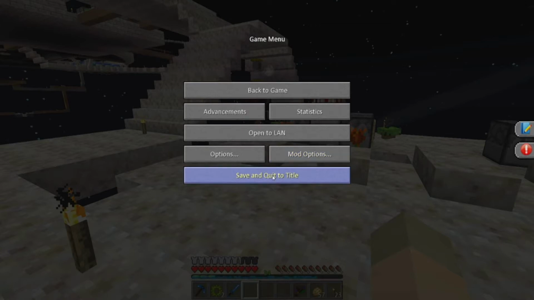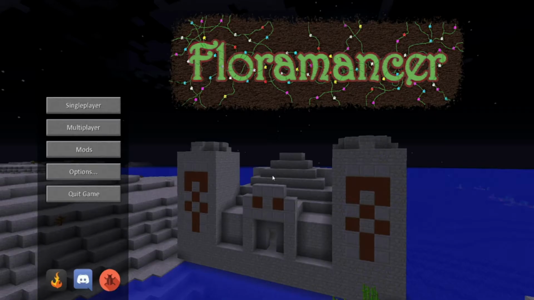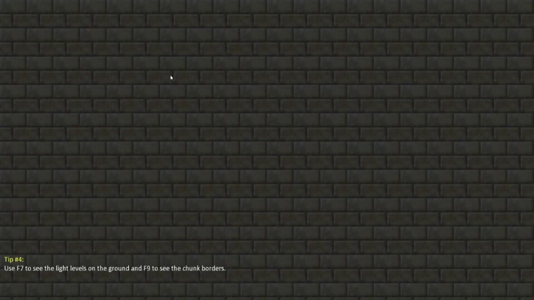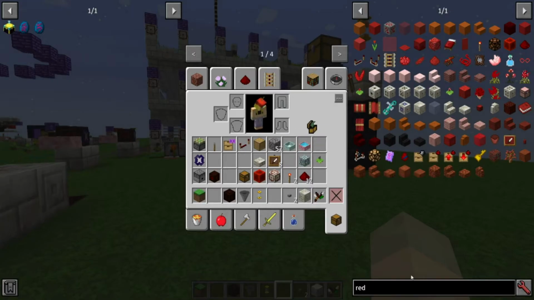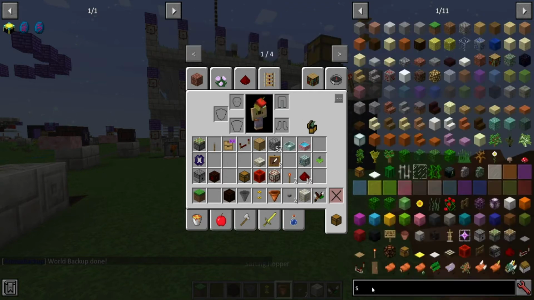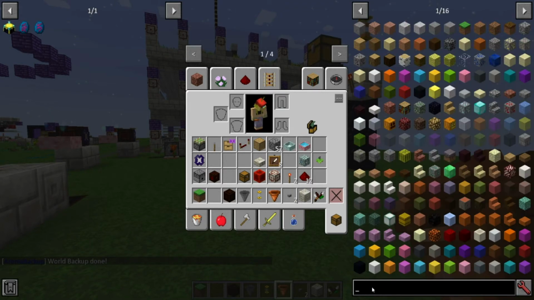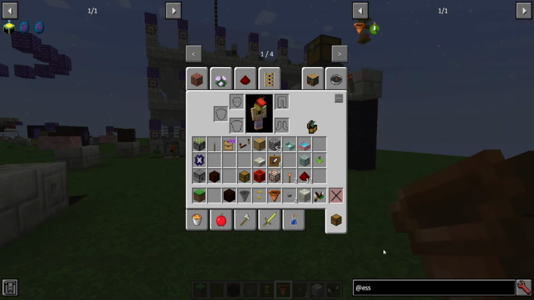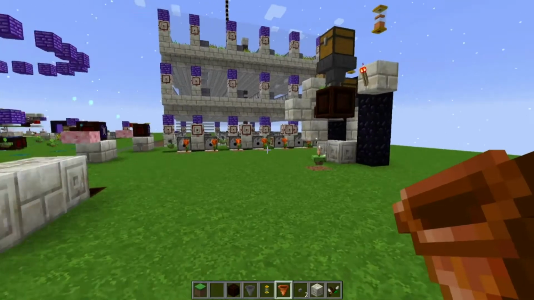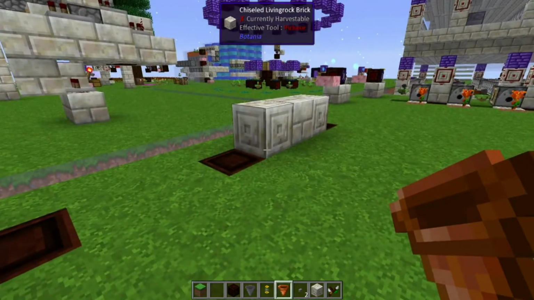Alright, let's go look at that sorting hopper. Because if it could make it easier on me than what I'm currently doing, then yeah. What else is added from this mod? A decorative candle. Okay, so we have...